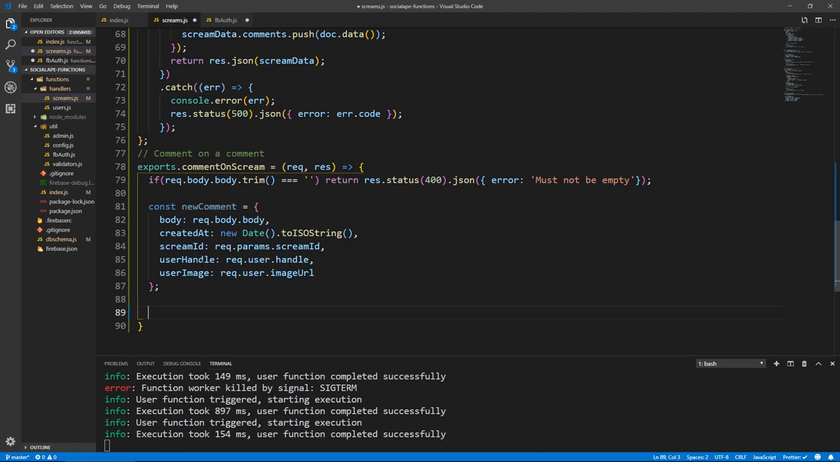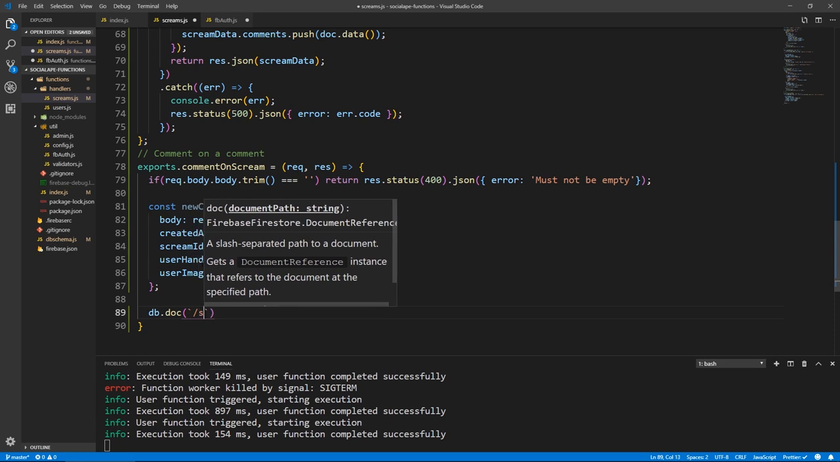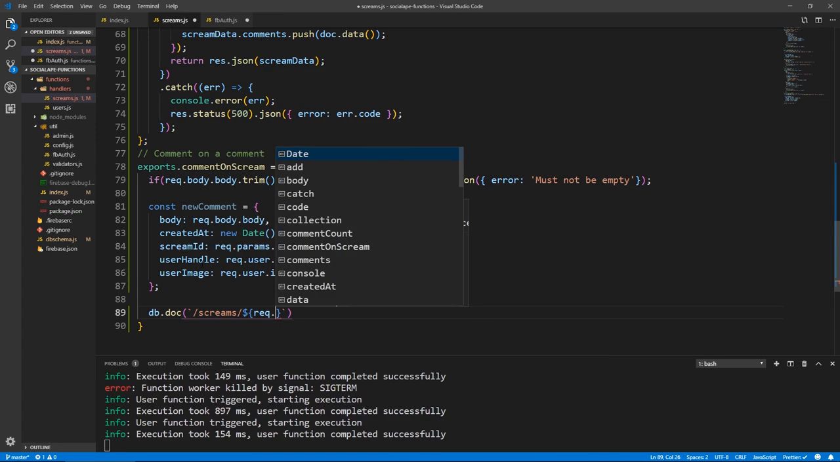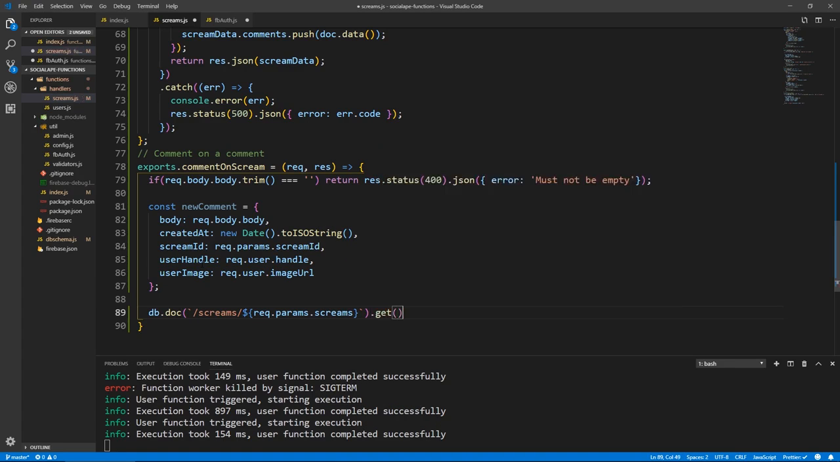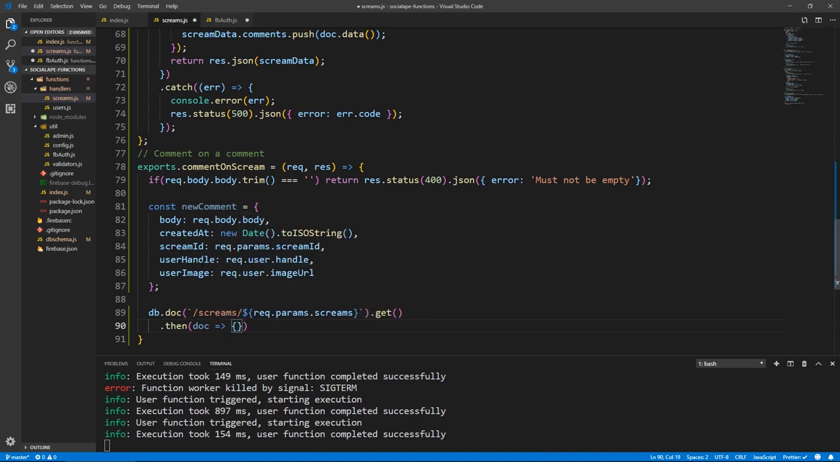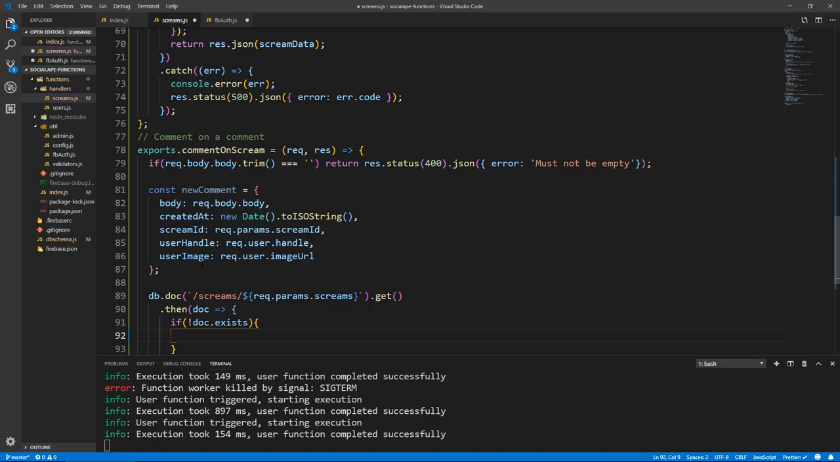What do we do actually? Oh, we need to actually confirm that the scream exists, because this scream might not exist anymore. So let's do db.doc, backticks /screams/ curly braces request.params.screamId to get this scream, .get().then(doc), because this is db.doc, so it has to return one document. So let's say if not doc.exists, we return